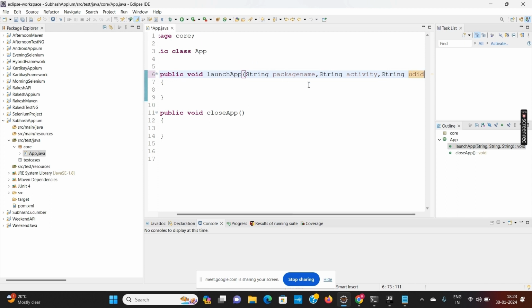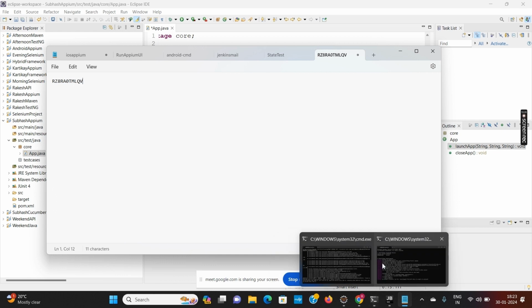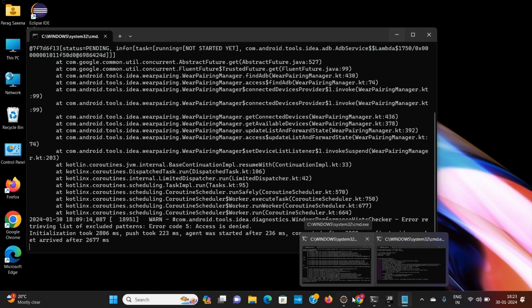So for launching the app, I require three things: UDID, activity name of the application which I want to launch, and the package name of the application which I want to launch. Now UDID I have already retrieved by using this ADB command.